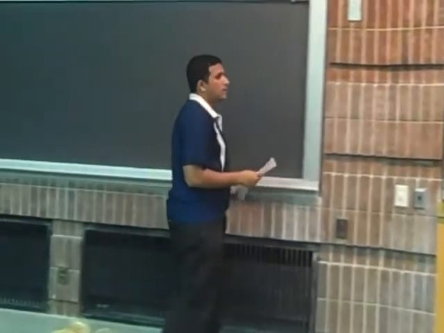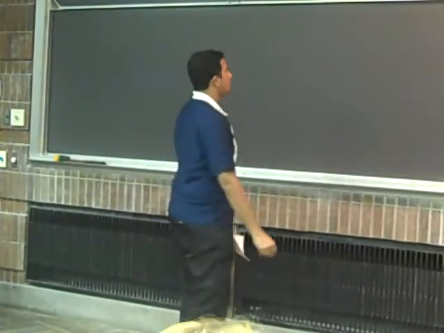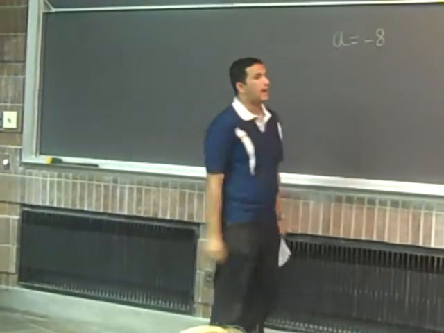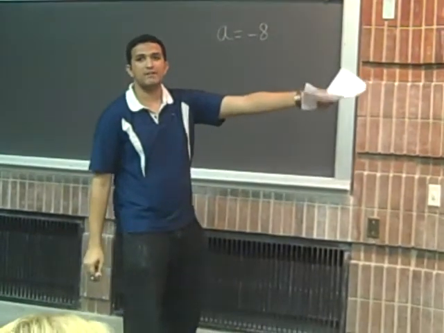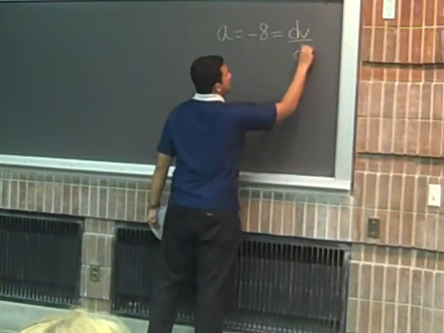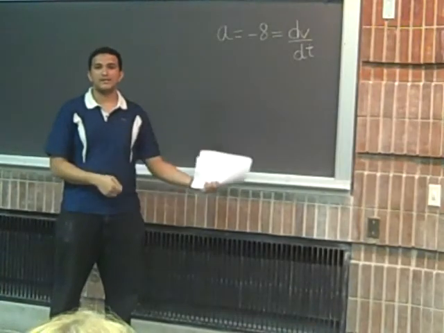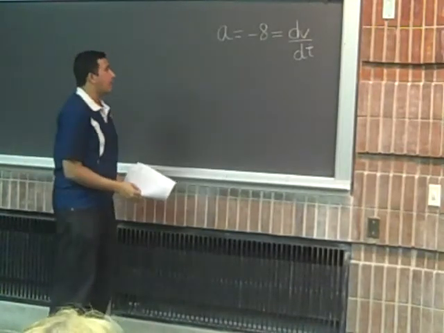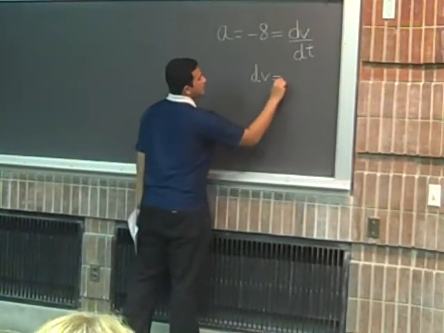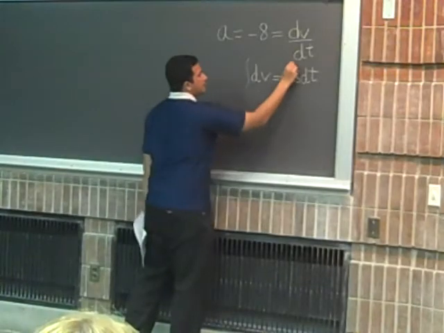Okay, so now let's go back to what is given. It's given that the acceleration is minus 8 meter per second square. So the acceleration is minus 8, and I just told you that acceleration is also dv by dt. So I write dv by dt. I hope all of you know basic integration, or do I need to explain the integration part as well? Okay, so I go ahead with the integration. So my dv is minus 8 dt, and I integrate.